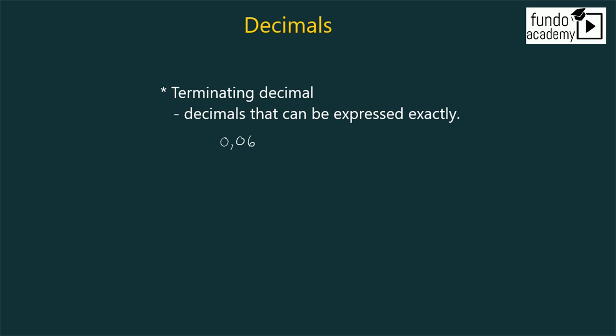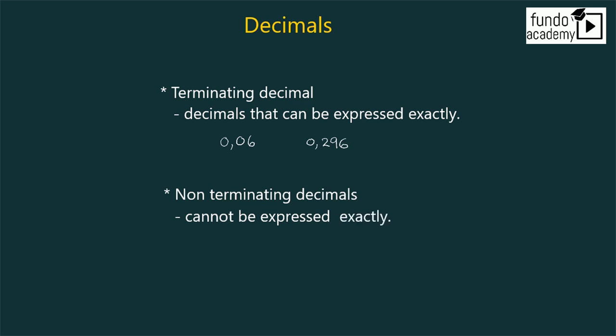If you have a decimal like 0.296, it's another terminating decimal. As long as the decimal can be expressed exactly and is not rounded in any way, then it's a terminating decimal. Alright, but we also have other decimals that we call non-terminating decimals, and on the contrary, these ones cannot